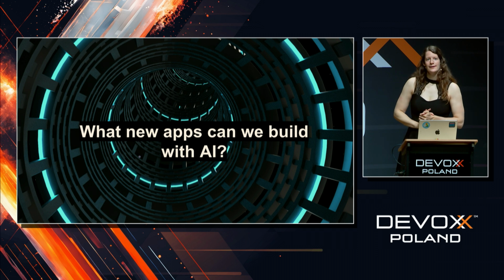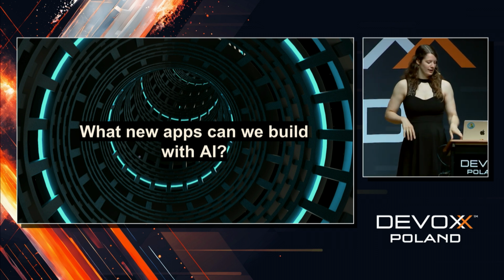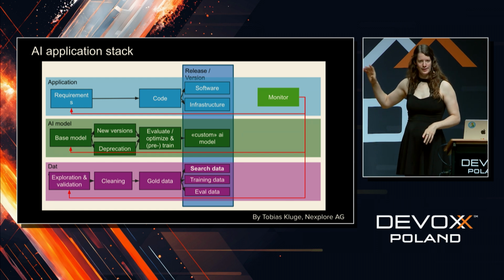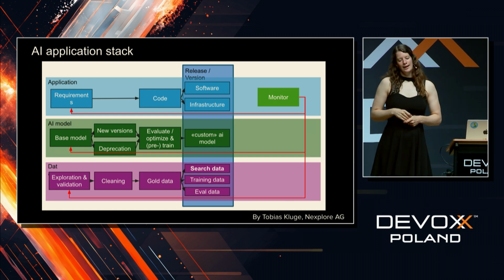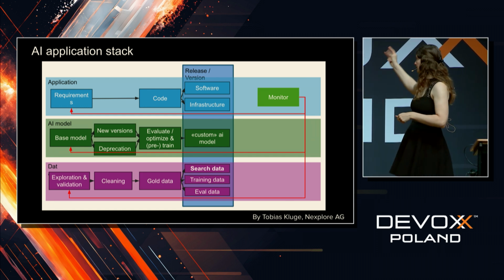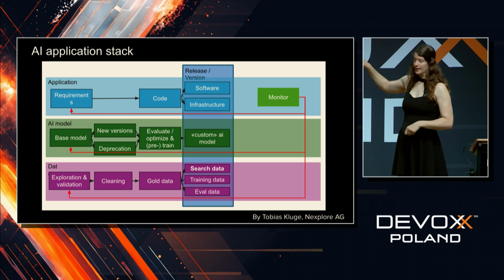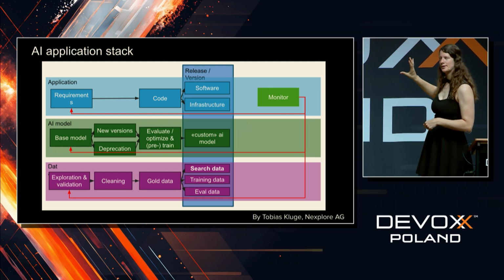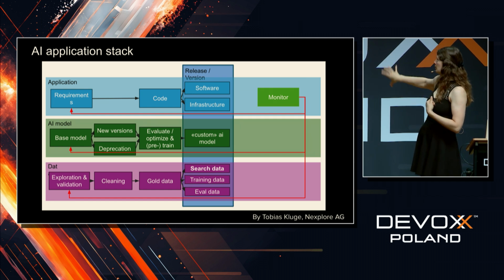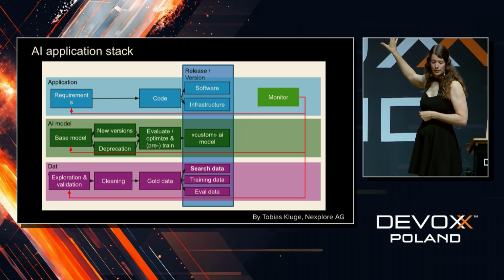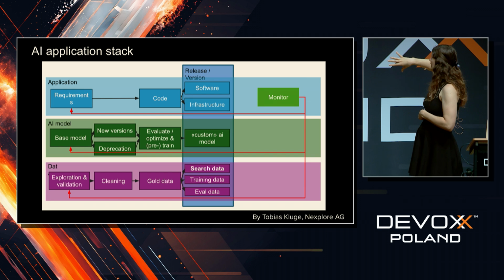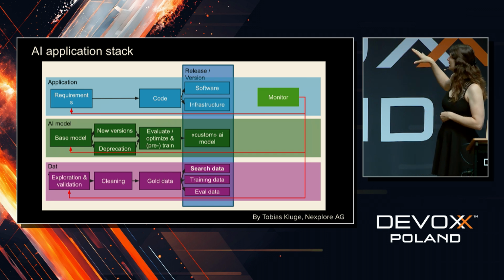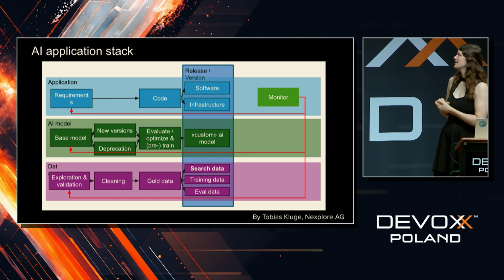Now, what can we build on top of AI? Which products can we build now? So this is the AI application stack. The good news for you is that, oh yeah, there's an A missing with data, but there's this data layer. There's a lot of work there that data engineers do to get your data clean in order to even start training your model on top there, the green layer. There's also a lot of work in training a model correctly and maintaining it and re-evaluating when the data changes.